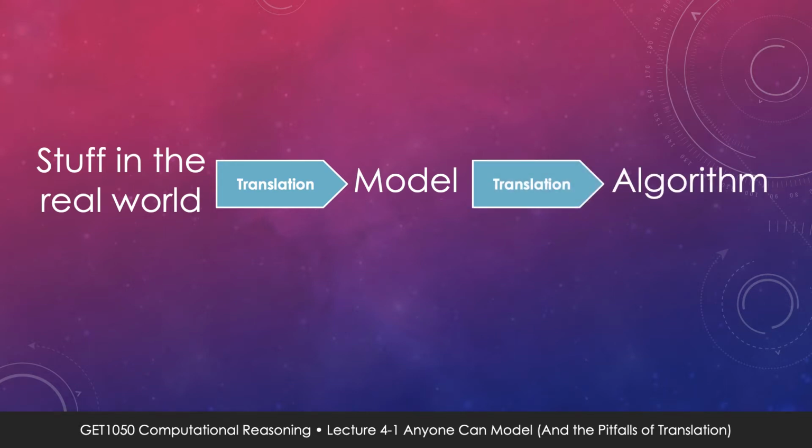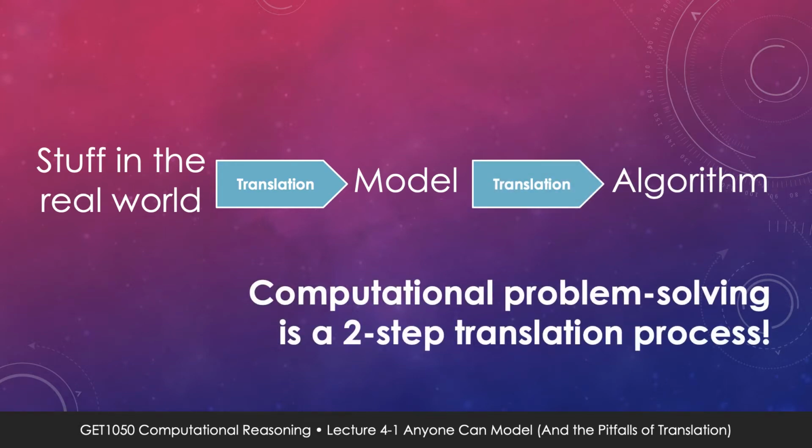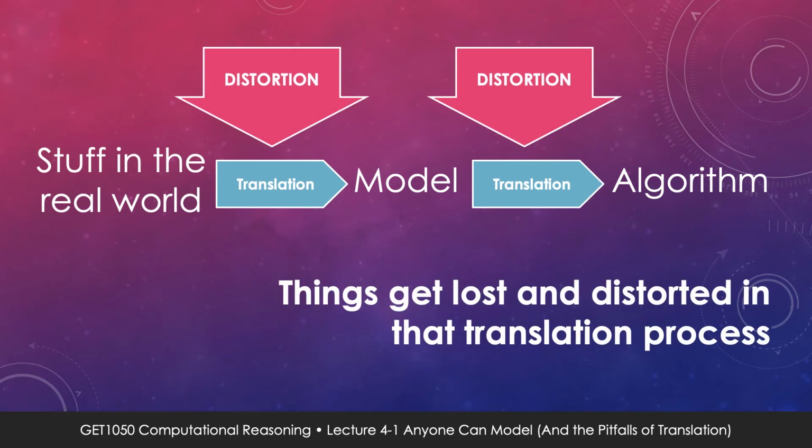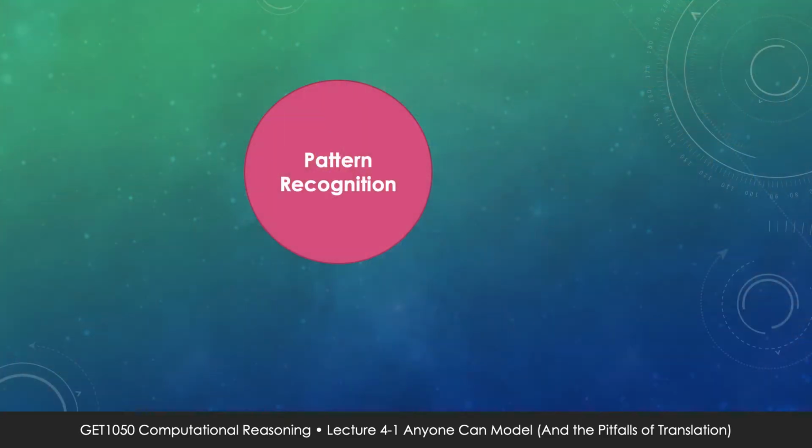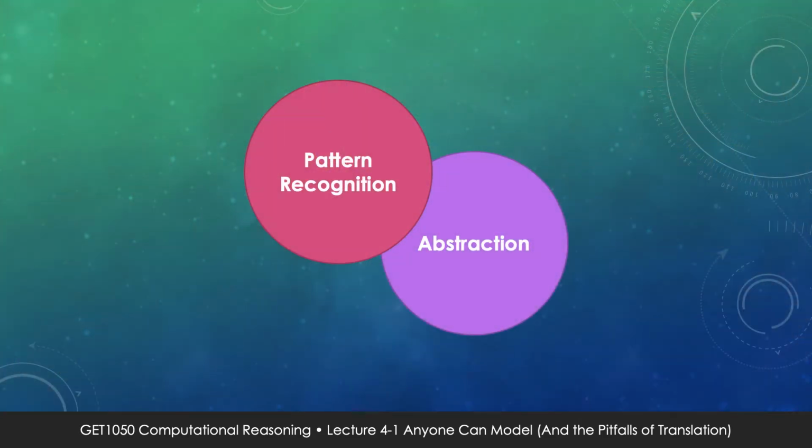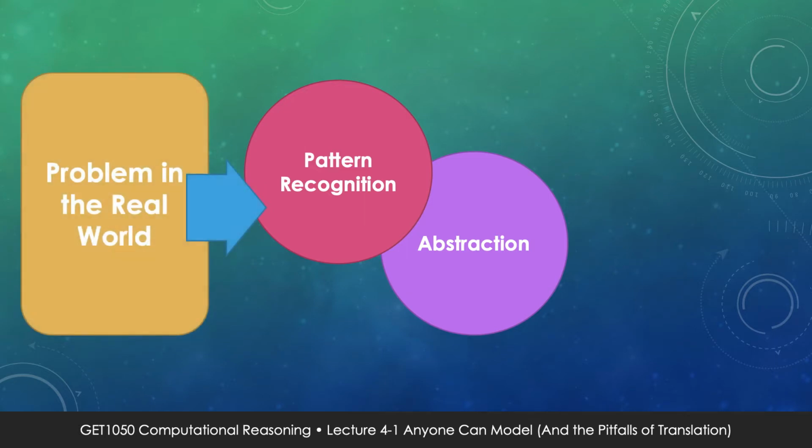From that model, we need to translate that solution into an algorithm. Two-step translation process, two-step distortion process along the way. It's one thing to be coming up with a solution. It's another to take a step back and critically reflect on what we're doing, whether we are doing anything right or wrong. So in order to carry out the process of modeling, we'll need to apply pattern recognition and abstraction together to translate our problem from the real-world problem into an